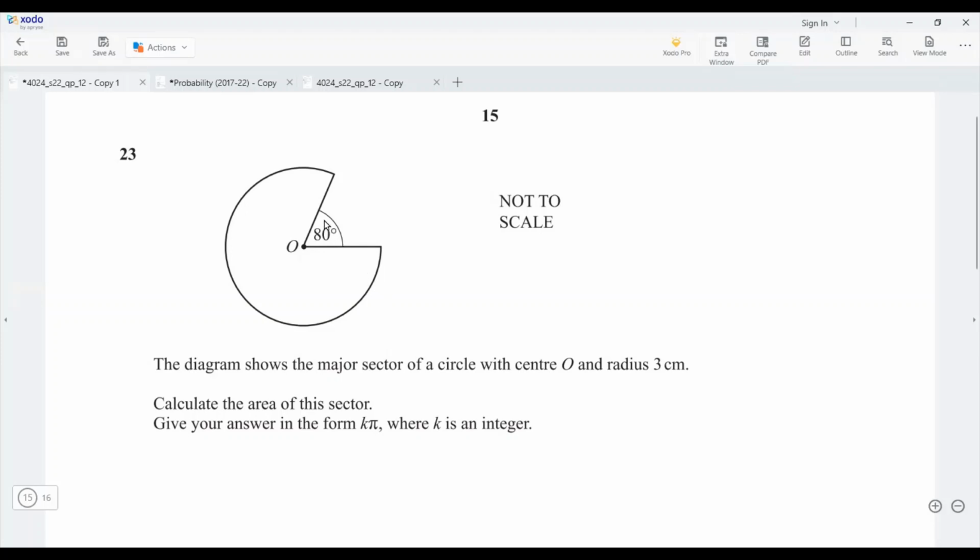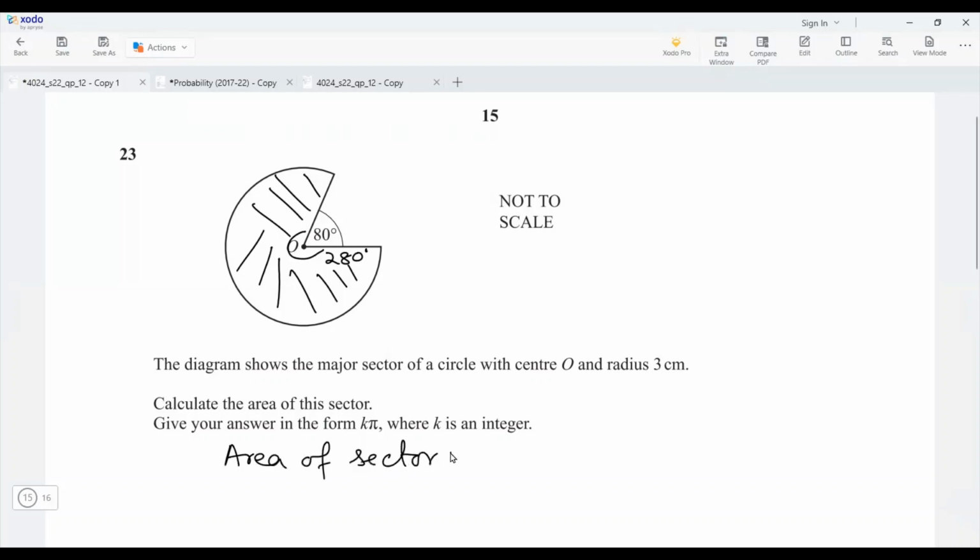So what we have to do, the angle is given. It is the outside angle. The sector is this thing basically. So for finding this, we need the angle of this one. We have to subtract 80 from 360. It will result in 280 degrees. 280 is the angle. So the area of the sector is basically equal to angle divided by 360